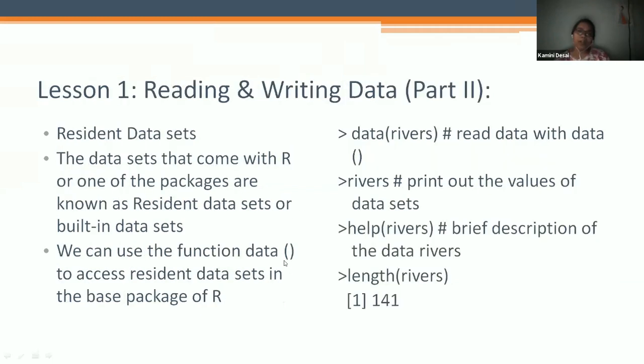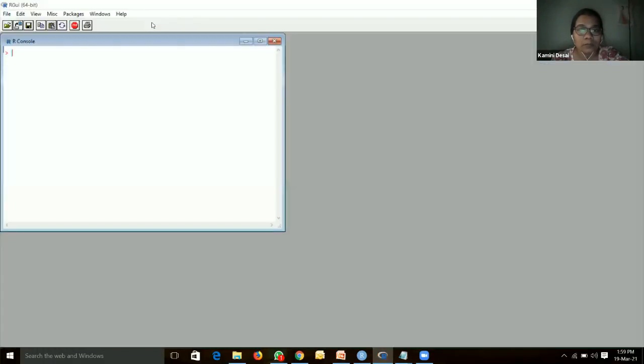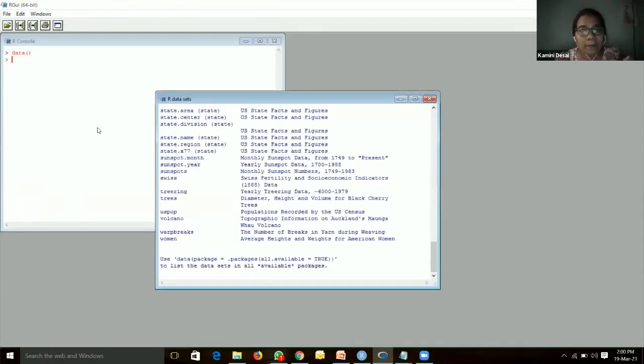So whatever data is stored in R, you can see. Data bracket complete. See, you can see this screen.